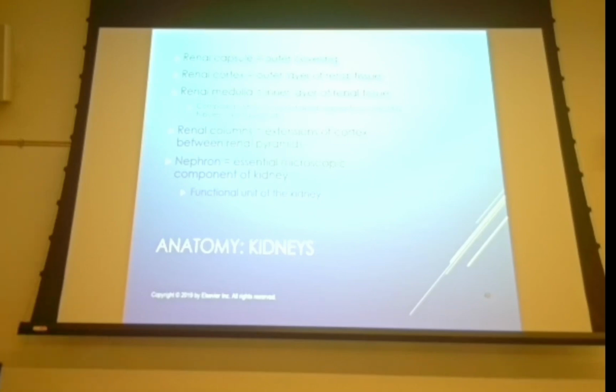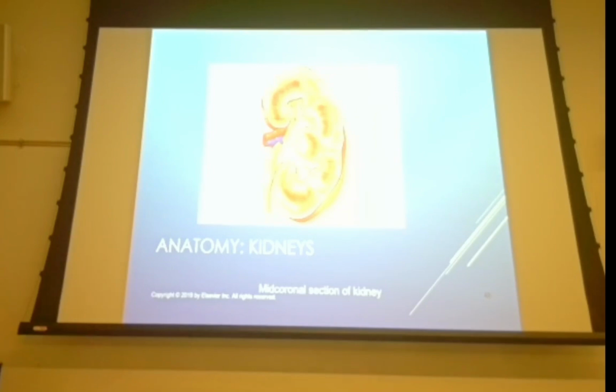Okay, so the nephron being the functional portion of the kidney. You'll probably have an image like this on your test, and the important parts are the renal capsule, renal cortex, renal sinus, not quite so much the medulla. The pyramids are where the nephrons are, and then what we've got are the collecting systems, and that is what